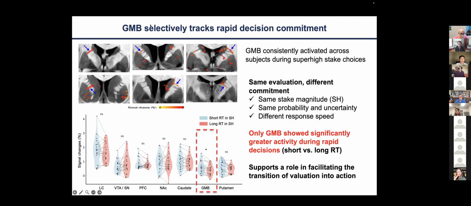And the second is the discussion for the gray matter bridge. In previous slides, I only showed you one example. Here is the map of the gray matter bridge in different subjects. This is the first subject, you see activation along the gray matter bridge here. Second subject you see here. And third subject you see it here, and maybe also here, and also here. Fourth subject here, the other subject here, and the subject here. So you see this gray matter bridge is very consistently activated across different subjects during the super high stake choice.